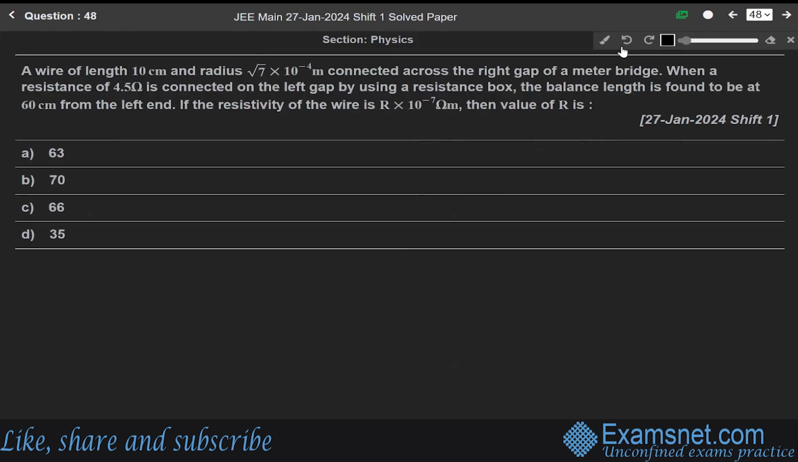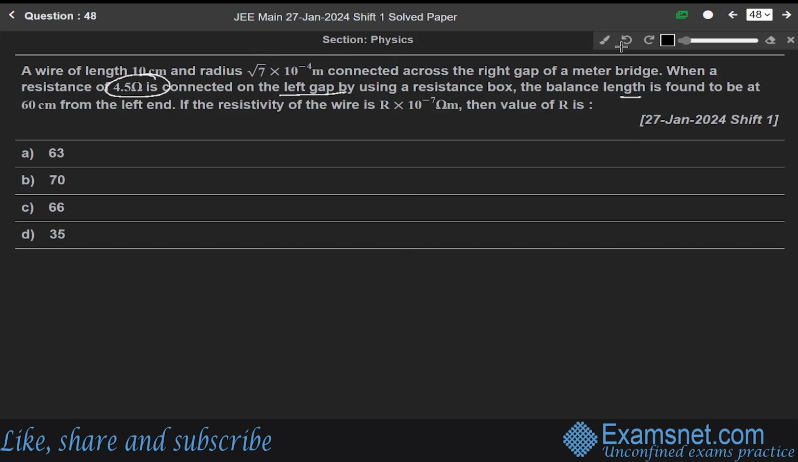Now moving towards next question, question number 48. This question says that a wire of length 10 centimeter and radius root 7 into 10 to the power minus 4 meter connected across the right gap of a meter bridge. When a resistance of 4.5 ohm is connected on the left gap by using a resistance box, the balance length is found to be at 60 centimeter from the left end. The resistivity of the wire is, since at the left gap,